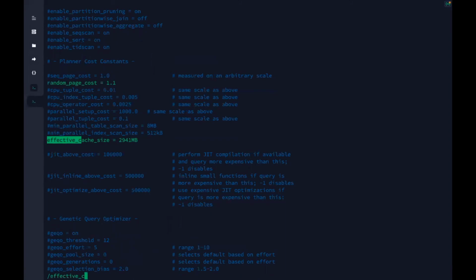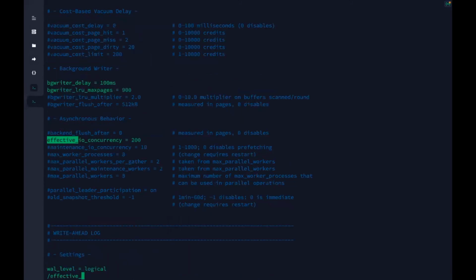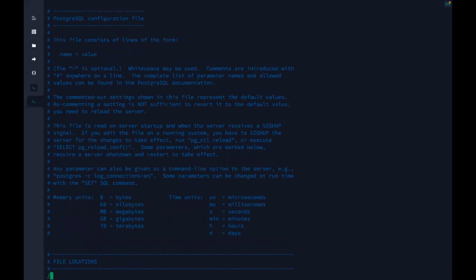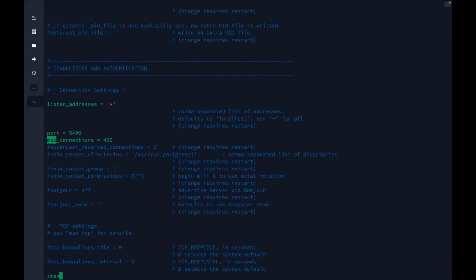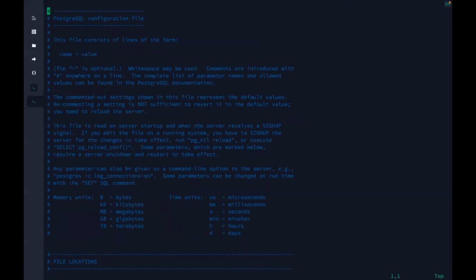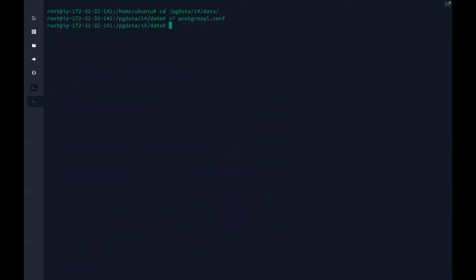And also, let's see the max connections. It should be the same, just 400. Good. So as you can see, everything is set properly and everything is working really fine. Let's also see whether it is up and running or not. Postgres,